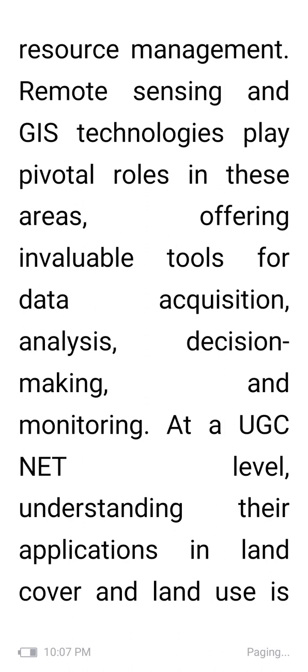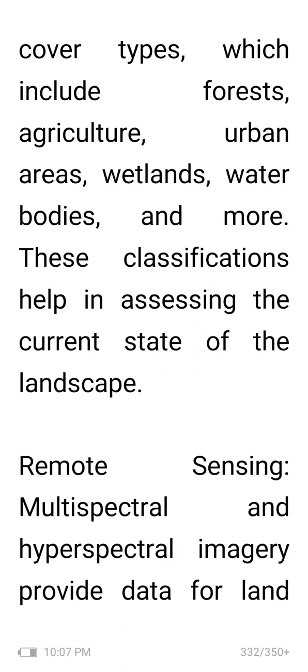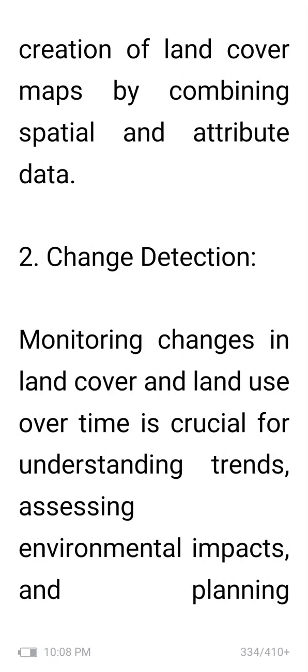decision making and monitoring. Land cover classification: remote sensing and GIS are used to classify and map different land cover types, which include forests, agriculture, urban areas, wetlands, water bodies and more. These classifications help in assessing the current state of the landscape. In remote sensing, multispectral and hyperspectral imagery provide data for land cover classification based on spectral signatures. Algorithms like supervised and unsupervised classification are employed to differentiate land cover classes. GIS software is used for image interpretation, feature extraction, and the creation of land cover maps by combining spatial